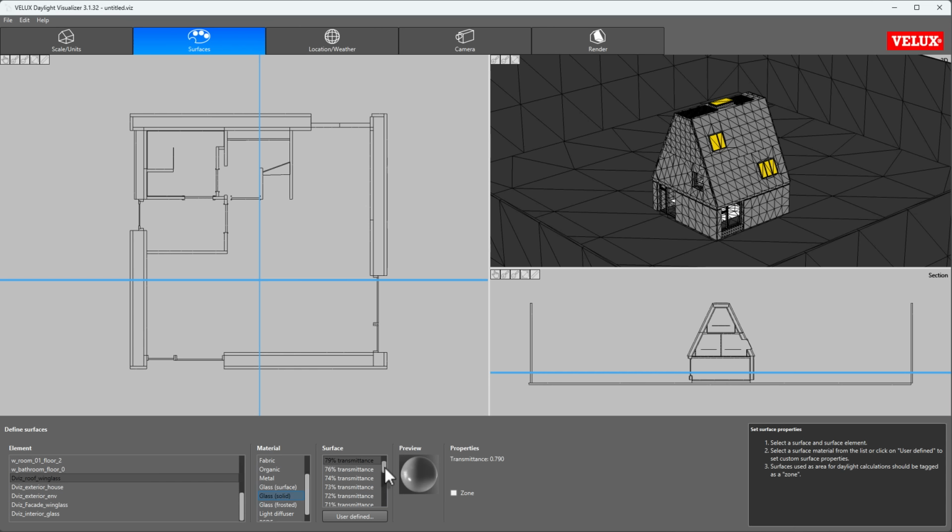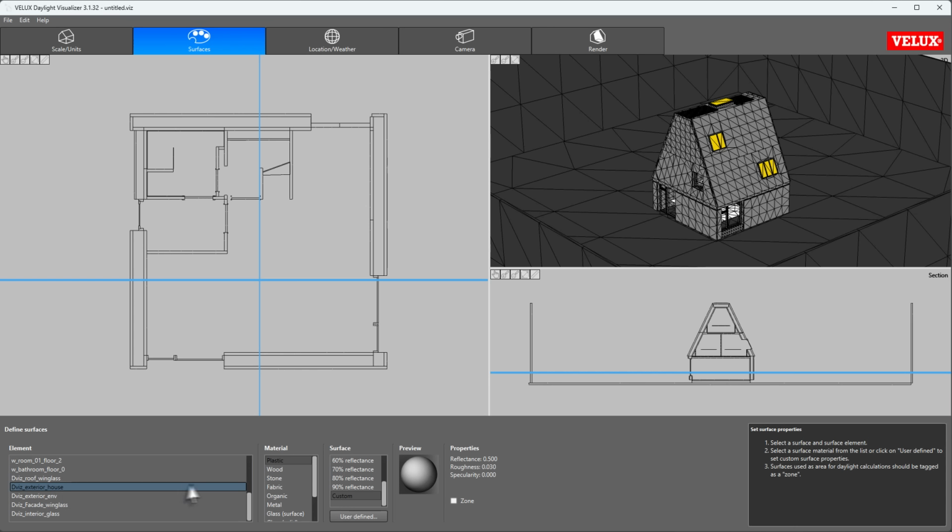Once you select the correct glass material for your model, you can choose a transmittance value from the list of predefined values or input a custom value by clicking on User Defined. The roof window glass in this project has a transmittance value of 62%, so we select this from the list. Next element is DVIS exterior house. Recommended reflectance values for exterior walls are in the range of 0.2 to 0.4, so we will use a value